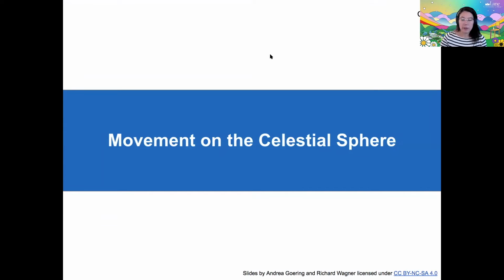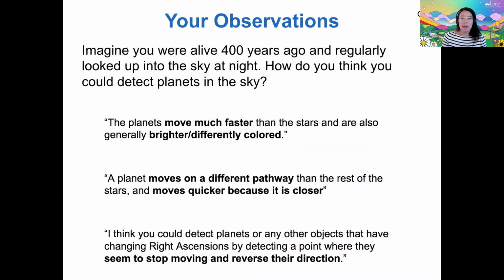All right, so starting with movement on the celestial sphere. I asked this question in the activity. Imagine you are alive 400 years ago and you regularly looked up into the sky at night. How do you think you could detect planets in the sky? And based on your experience working with Stellarium in the activity last time, I got lots of great responses from